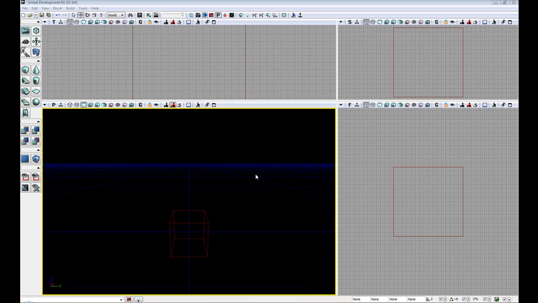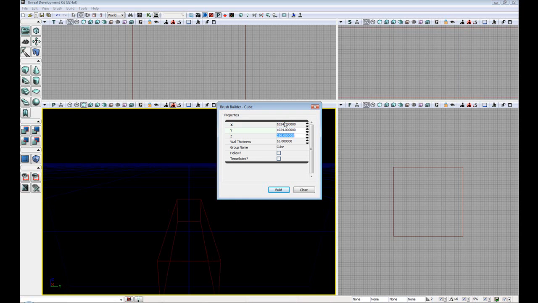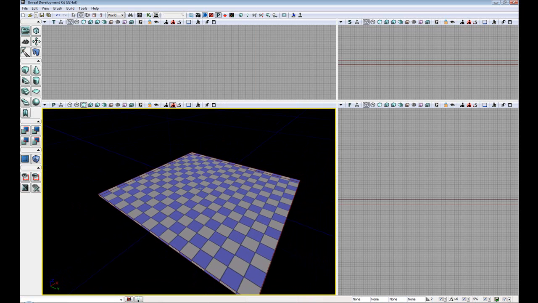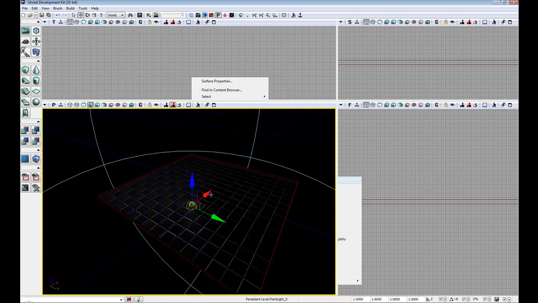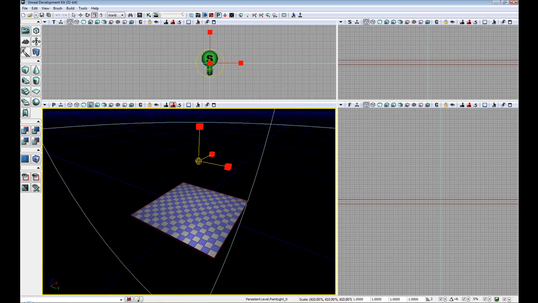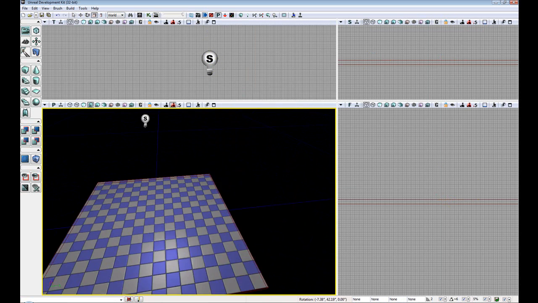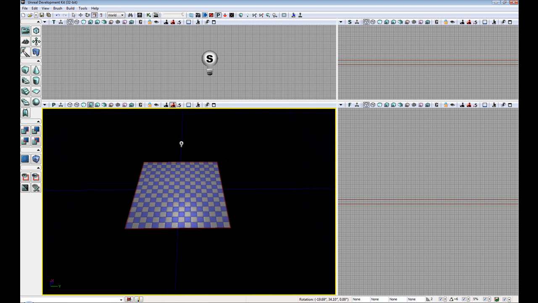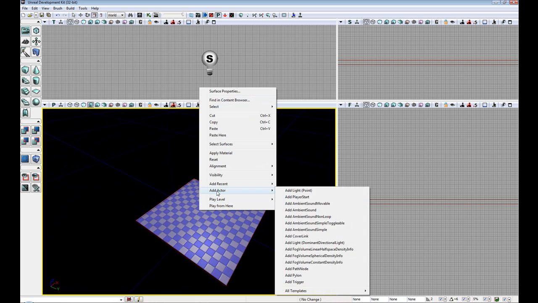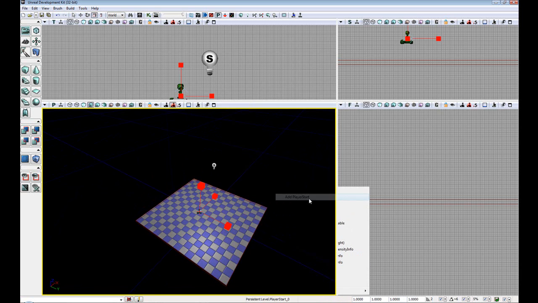But the first thing we're going to do is create, obviously, our level. So let's do our default 1024 by 16. CG add. I'm going to go on ahead and add a point light. Move it up a little bit. Scale it. Okay. Now what we're going to want to do is add an actor, add a player start point,